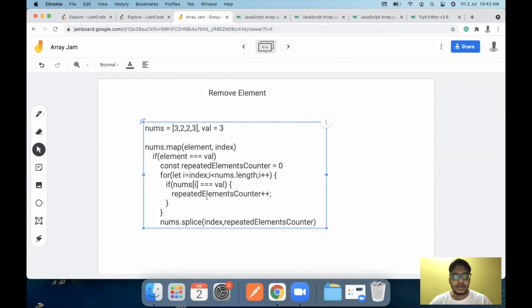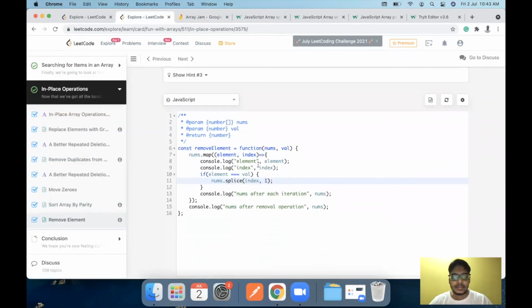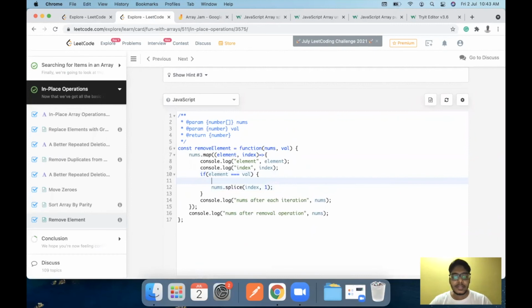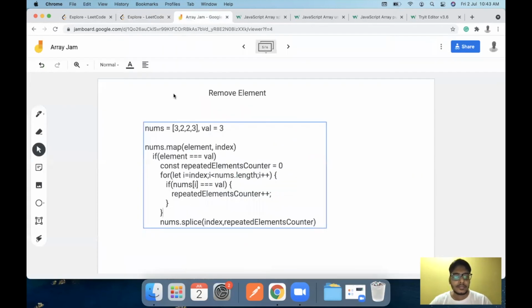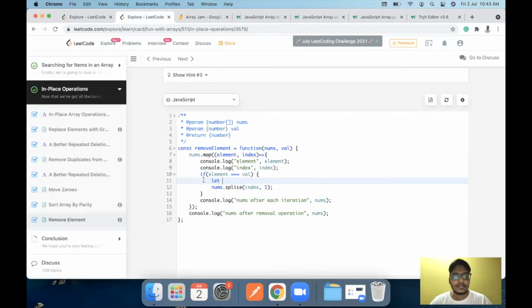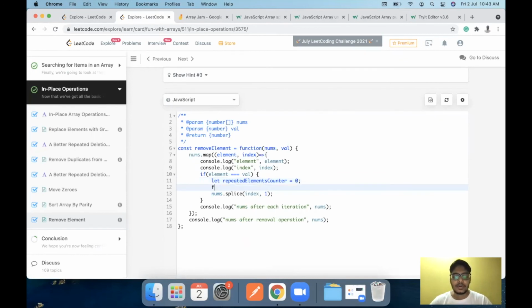So coming back to our code, we define a repeated elements counter here using let. Okay, we shouldn't use const here, this should be let because we are incrementing it. Then we run a for loop, let i is equal to not 0 but current index, i should be less than nums.length, i plus plus.